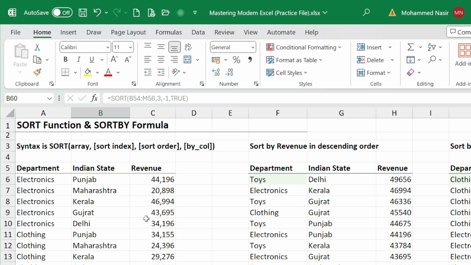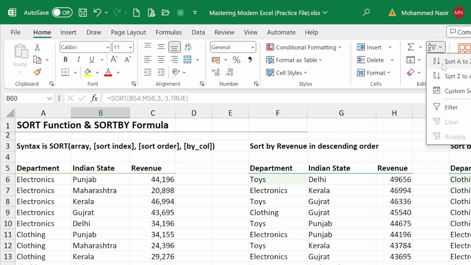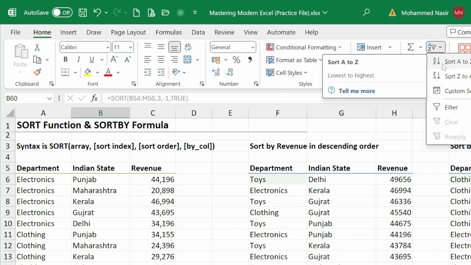So this is how the sort function can work, and the difference between the sort and the sort by function is that the sort function will display the column by which the data is sorted, but sort by won't display the column by which the data is sorted, and it will remain dynamic. But if you use this sort function, then it won't be dynamic, it will remain as a static